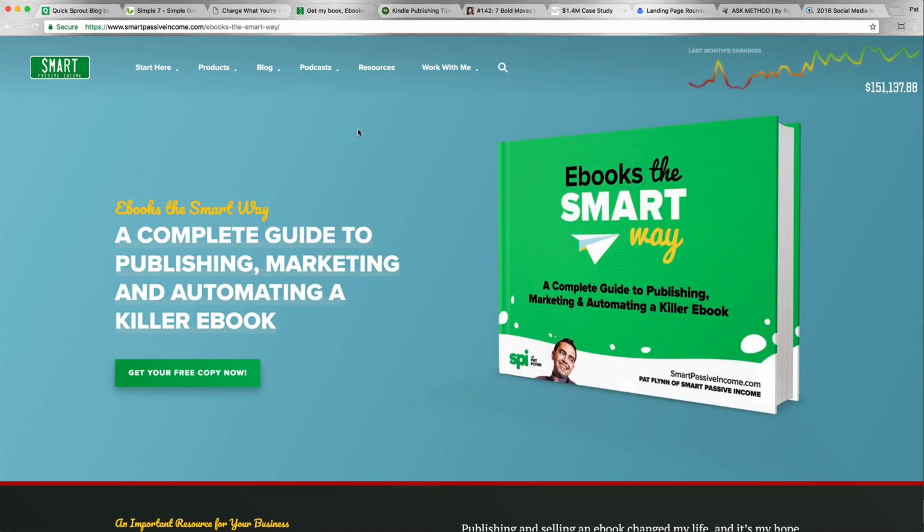This is typically a PDF file that you can create that you can give your new subscribers access to, well, after they subscribe. And what's really cool is it comes with a lot of perceived value because, well, it's a book. This book that you're seeing here, eBooks the Smart Way, was actually my very first lead magnet that I ever created on smartpassiveincome.com. It's even still available today at ebooksthesmartway.com, and it's been downloaded over 200,000 times, which I'm